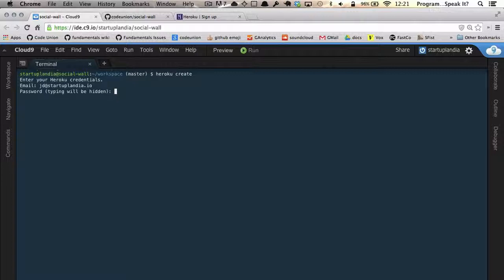If for some reason you push enter and you get an error or something from Heroku, it's because you didn't type in your information and credentials correctly. So just keep trying it again. So literally, we have successfully created a Heroku application,